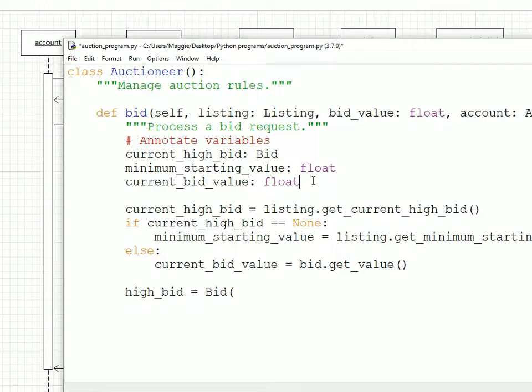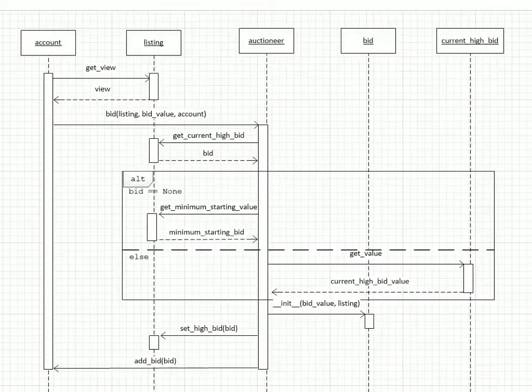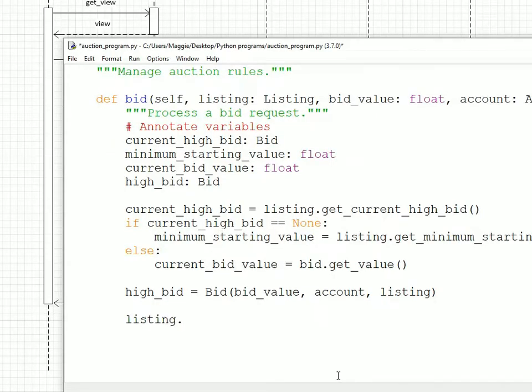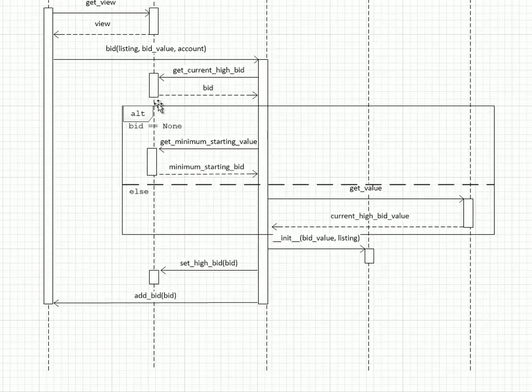We'll annotate the bid. And now from the sequence diagram, we send that bid to the listing and to the account. And that's all of the messages in our sequence diagram, showing how a bid message to the auctioneer object is